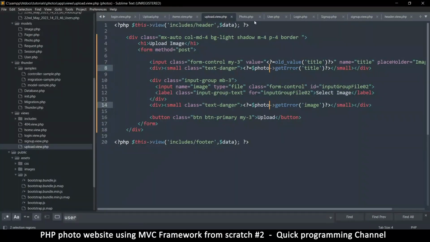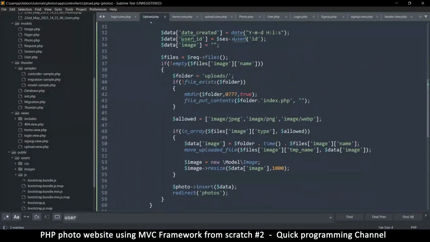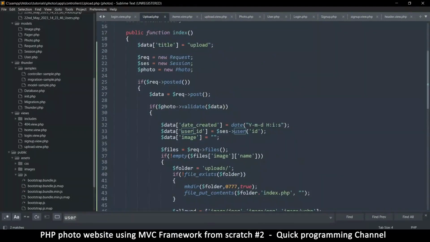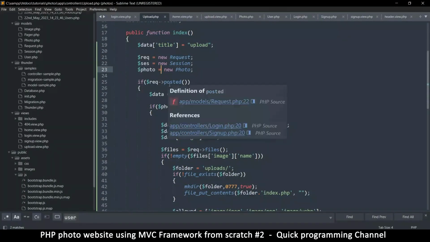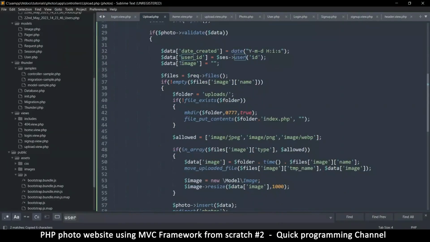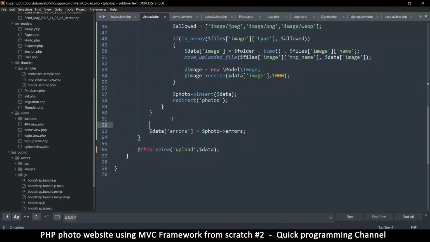So let's go to the upload section here, and instead of declaring our photo class, where did we declare it? There it is, right? We need this very instance, with whatever we've added to it, to be added to the data section here. If there are any errors, that is. So what we're going to do is say data